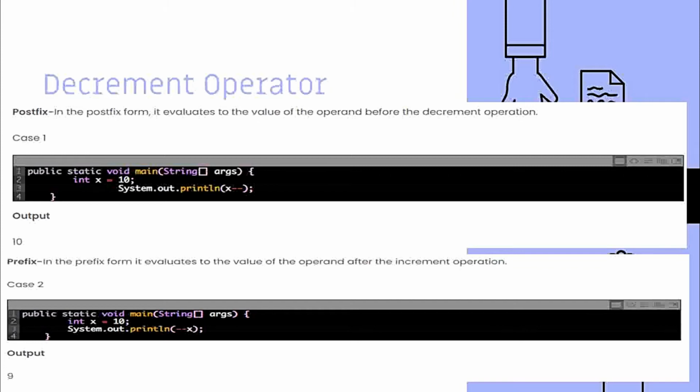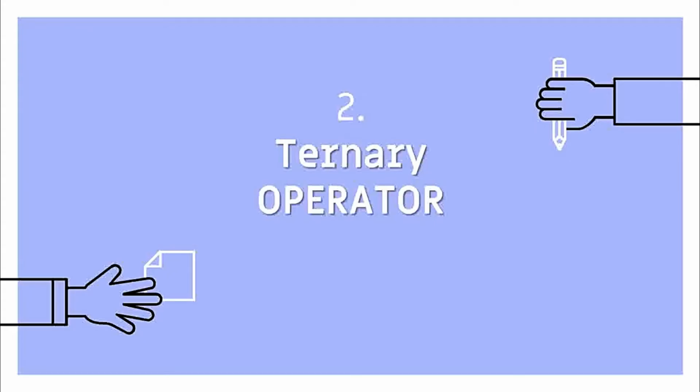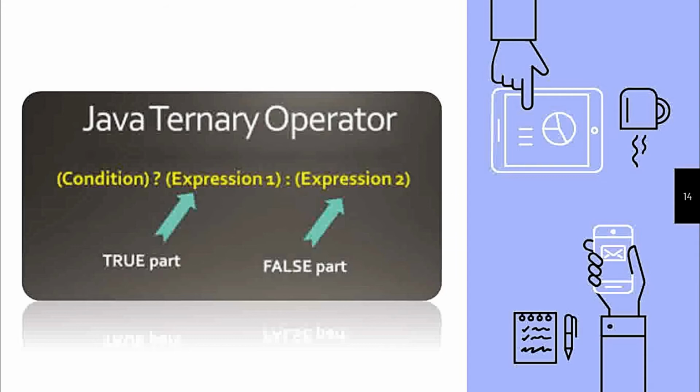Okay. So the next operator we have is the ternary operator. The ternary operator works on 3 operands. It returns a value based on a condition that evaluates to either a true or false statement. True and false statements are also expressions that you want to evaluate. If the expression is true, it gives true, otherwise it evaluates the expression as false. The ternary operator is also known as the conditional operator that evaluates a condition of if then else.